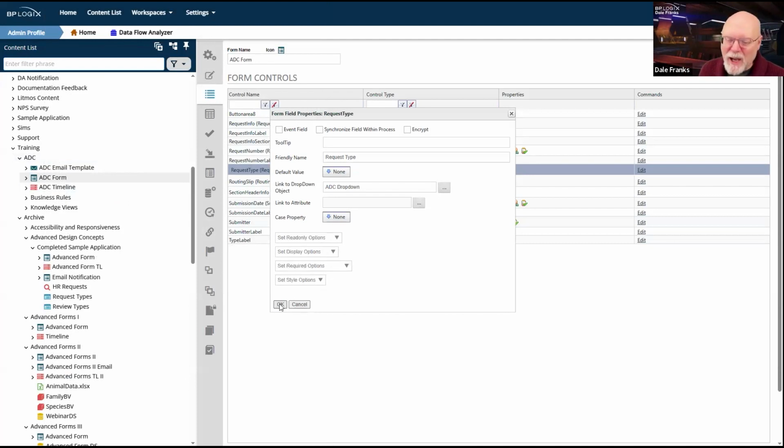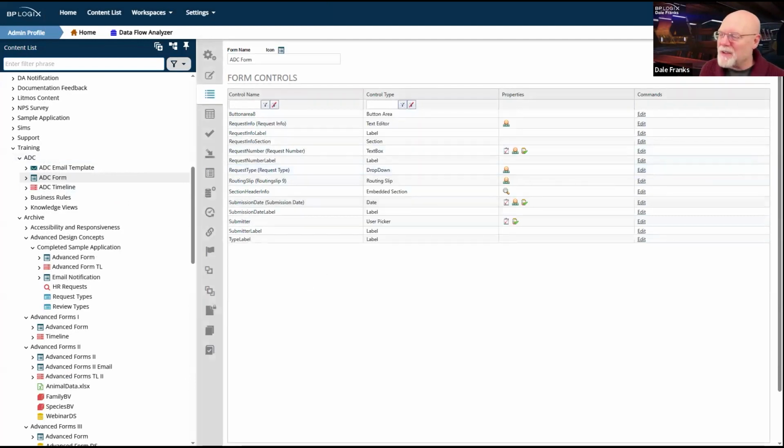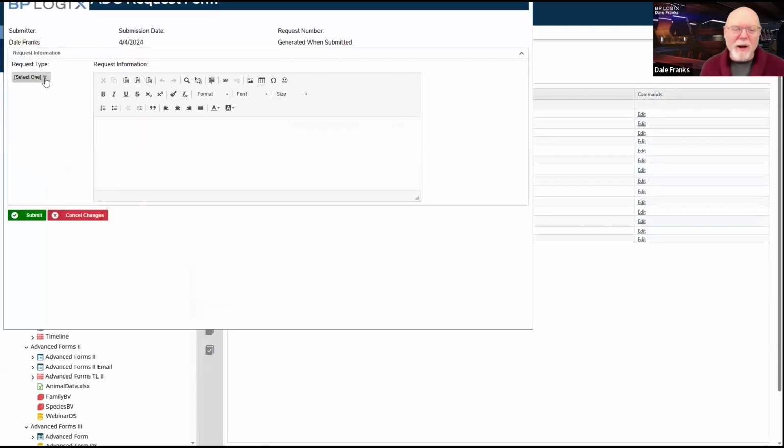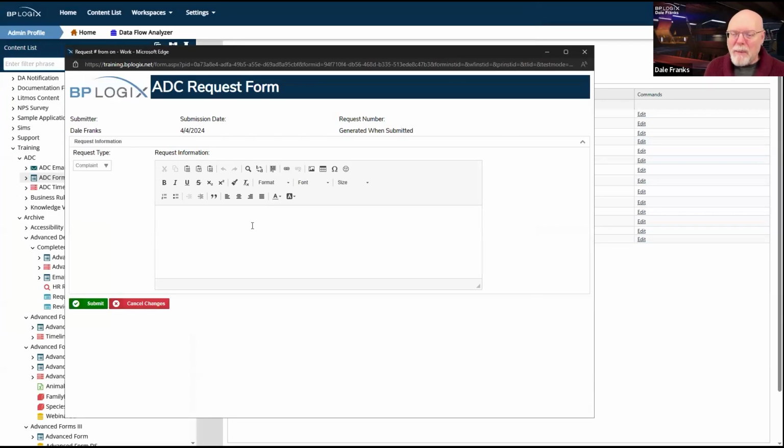There's something else we need to do here, but let's concentrate on taking a look at how this drop down is working for us right now. So currently, hey, we're doing fine. HR action, complaint, time off, and suggestion. So I'm happy with what's going on here on this form. Now, there's one thing I did want to tell you. I think I mentioned it previously. Let's look here. We don't see anything.